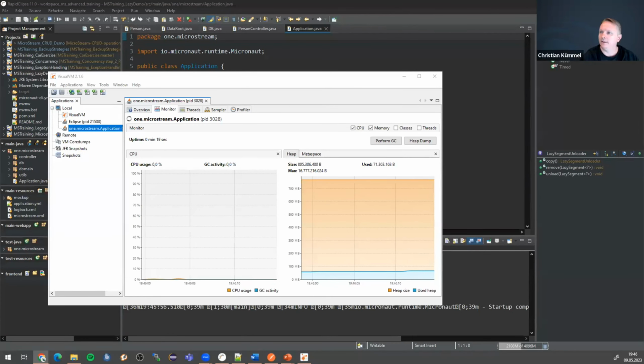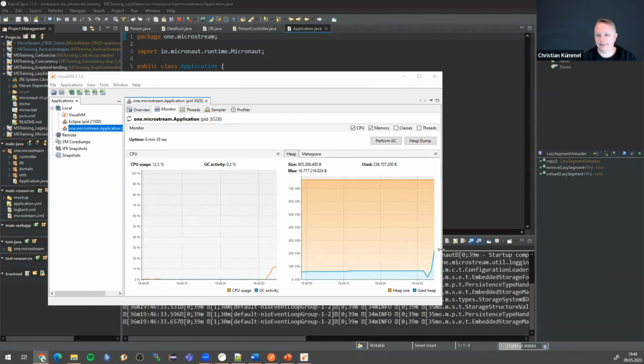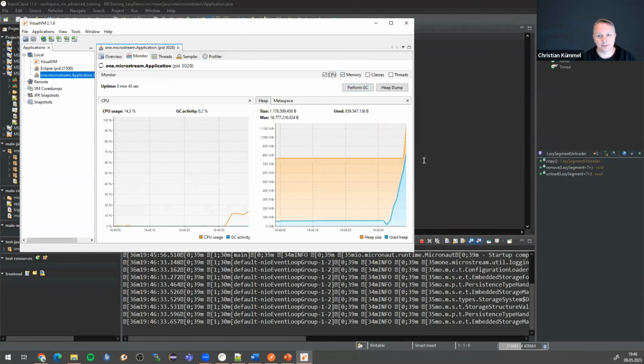Let's call the localhost 8080 persons/create. So if you want to do this together with me, you have to call localhost 8080 persons create. So let's check what happened on the database side. So you see,